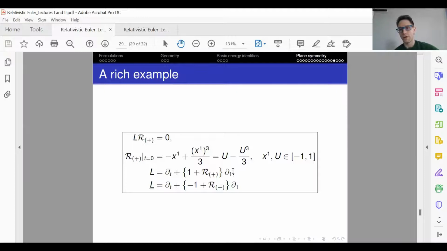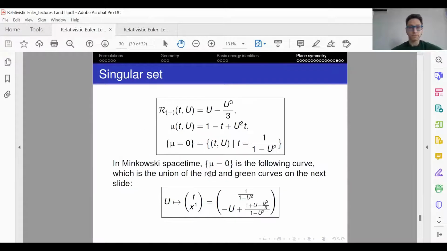you can run the same argument for essentially any relativistic fluid you want in simple plane symmetry. The fact that I've explicitly chosen these coefficients to be as such is totally irrelevant. It doesn't alter qualitatively the conclusions in the slightest. Okay. So there's this notion of singular set, which